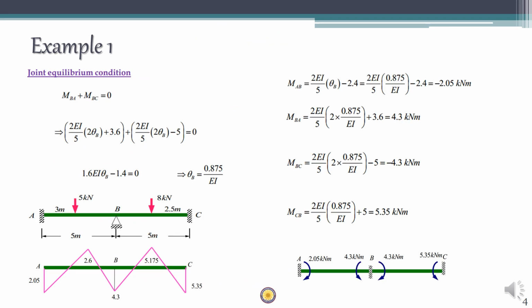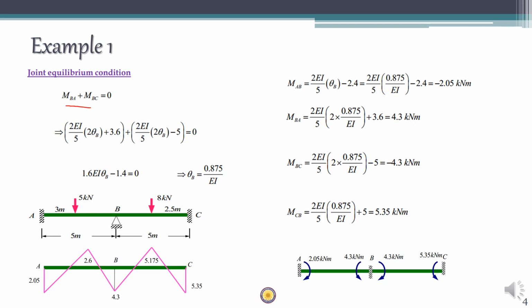Write down the joint theta B. So we know that at A there is going to be a moment value, similarly you can write the equation. At C also there is going to be a moment value because those are fixed supports. However, the support B is an intermediate support, which means that the sum of all the support moments at B is going to be 0. So MBA plus MBC is going to be 0.